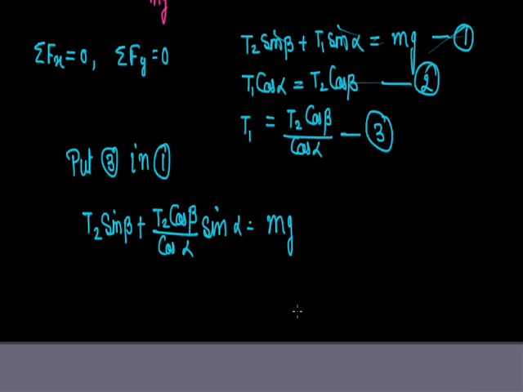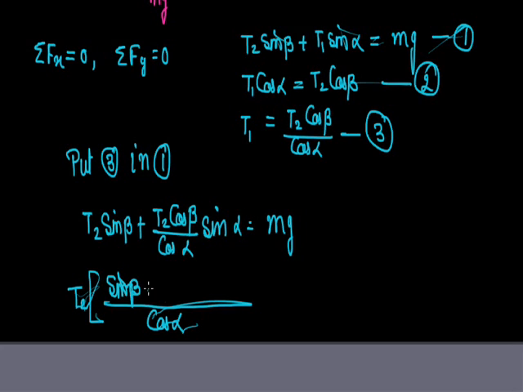Now T2 is common and taking LCM cos alpha, here sin beta cos alpha plus cos beta sin alpha